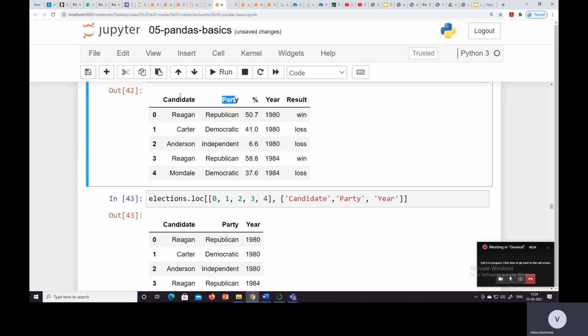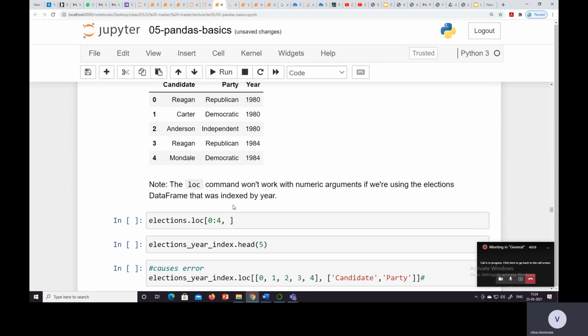Suppose I want candidate to result, all the data, I need to mention only candidate colon result. Or if I want to extract candidate, party, percent and year, then I just need to use candidate colon year. So in between all the data will be displayed. So let's see here, candidate to year.